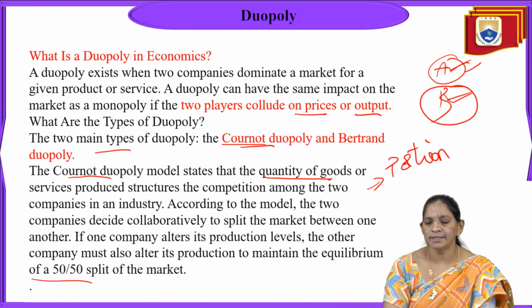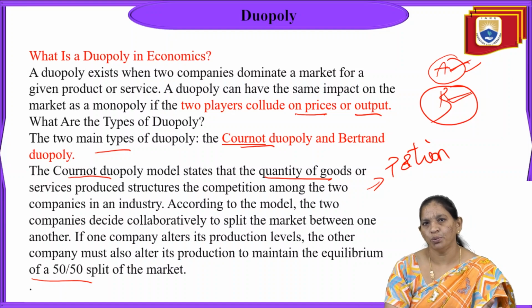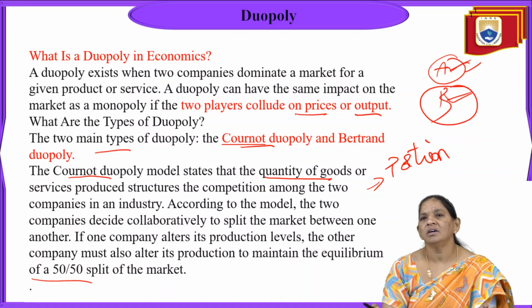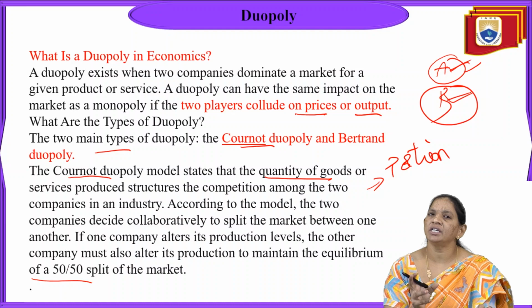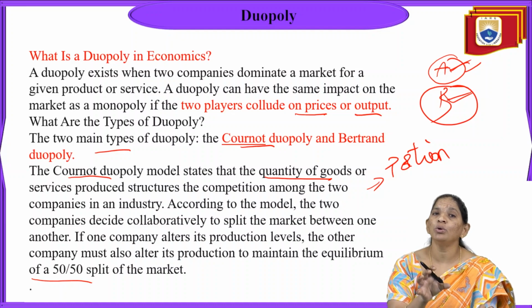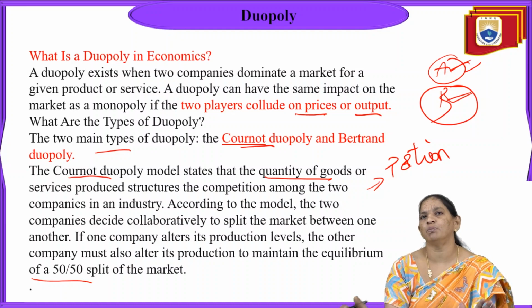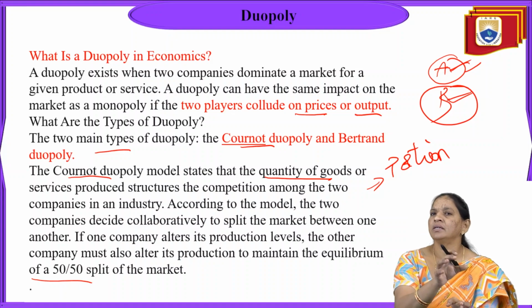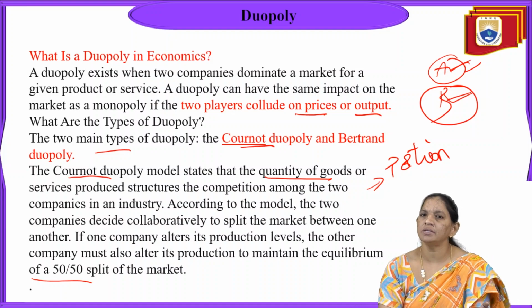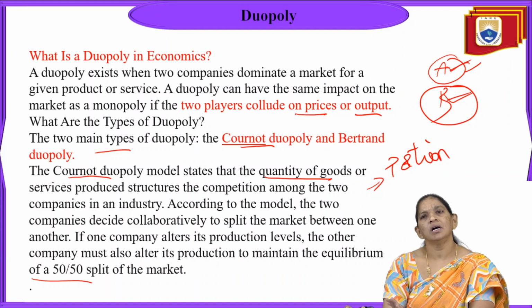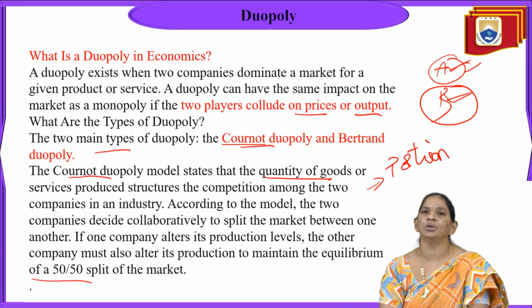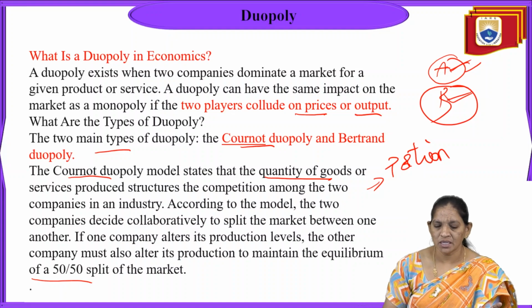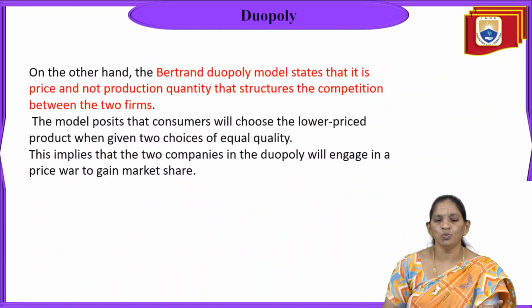So this is called Cournot duopoly, where the competition takes place based upon the output sent to the market, meaning the portion a company occupies by sending its quantity of goods and services. That is the Cournot duopoly, and we come to the second type, which we call